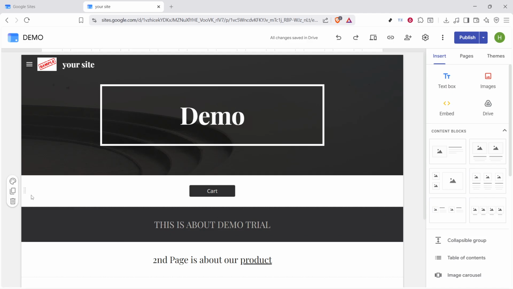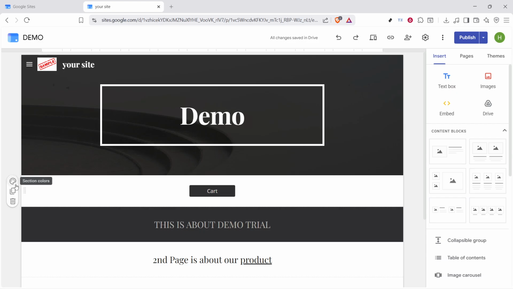This helps you identify the element you're adjusting and makes it easier to see the available editing options in the interface. If you don't see what you need right away, just move your cursor slowly over the section until the controls become visible. After that, look to the left side of the editor and click the palette icon, which is